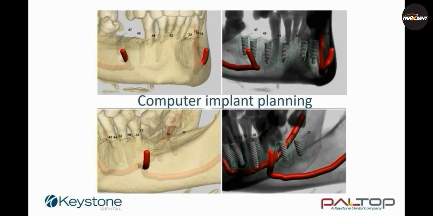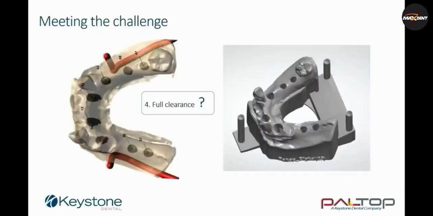Computer planning of the implants is completed in compliance with the prescription form. Now that the computer-guided implant planning is complete, it becomes clear that the surgical guide can seat on tooth 48, 43, 33, and the retromolar pad on the left side of the jaw. So we've been able to meet the challenge and indeed offer a two-supported guide even though the case is designated